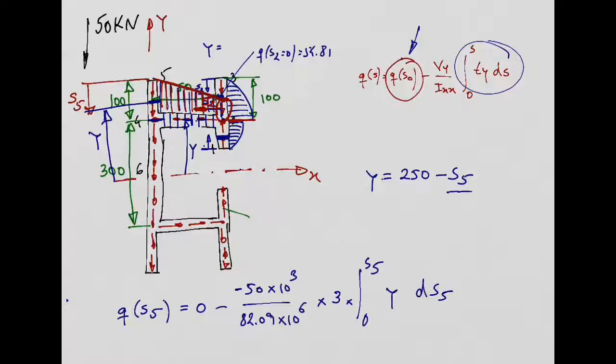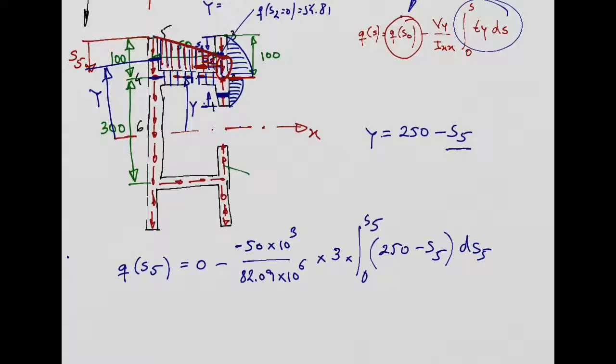And it means this y is going to be equal to 150, which is correct, isn't it? So this expression seems to work for our example. So I can replace here this y with 250 minus S5. And I just need now to do the integral, right? Which is not difficult. So if I do this, I get